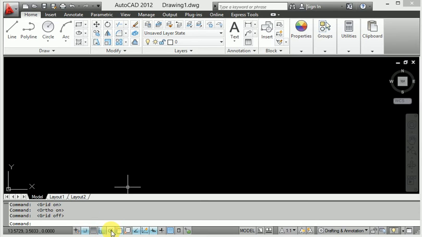Here the different types of polar, snap, everything is available according to line management. We will use them continuously in further classes, so today I will tell you the introduction.